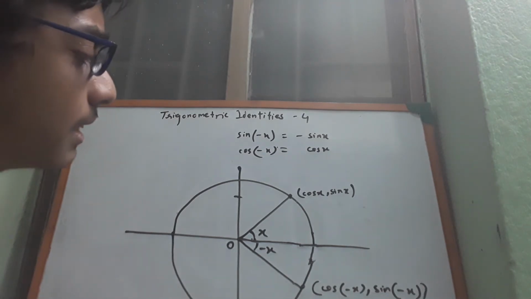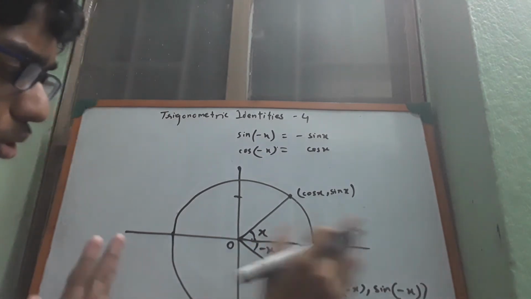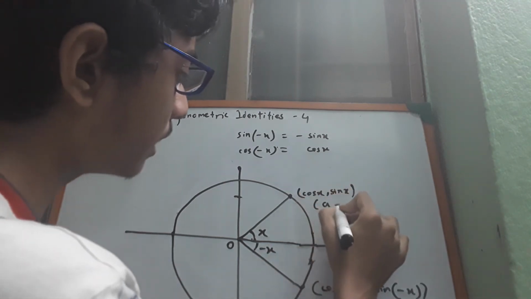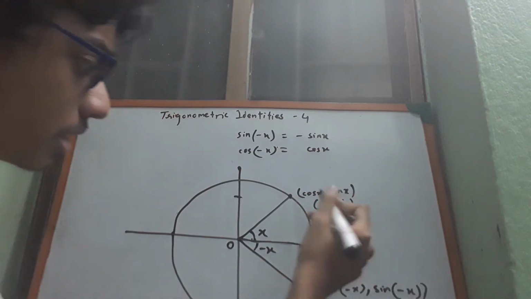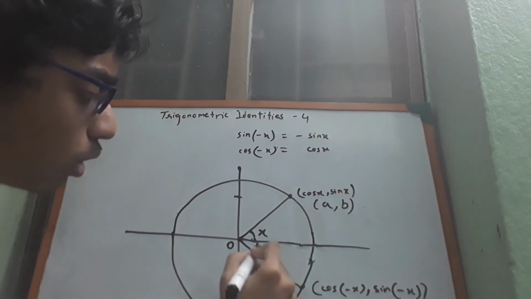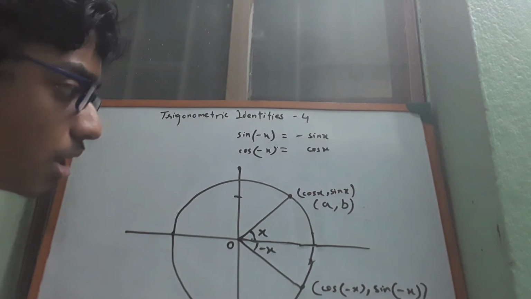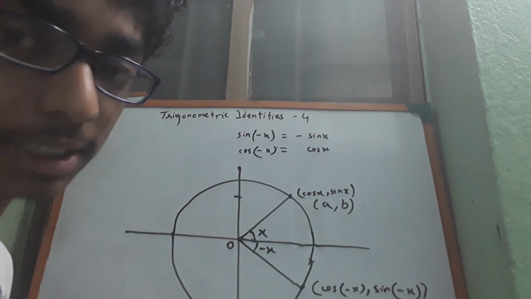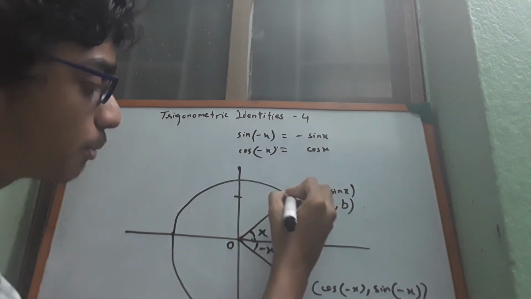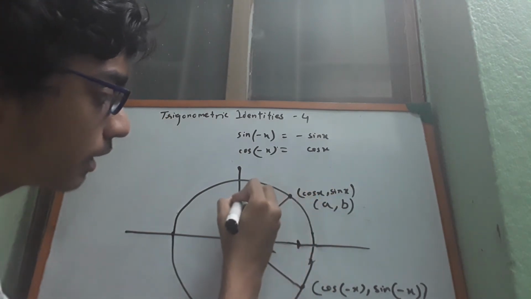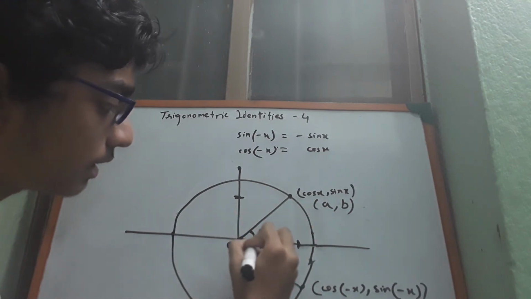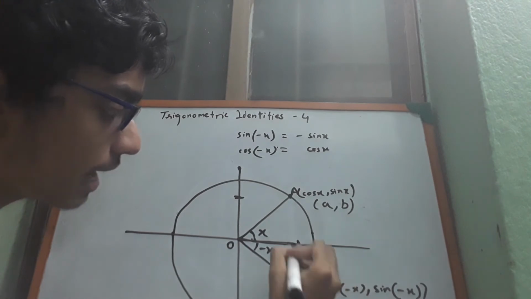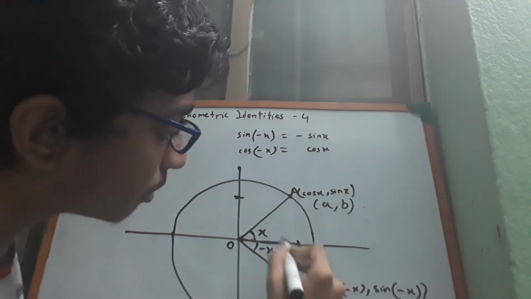So now the point is that one more thing. See, we have come till here. That's all right. Now if I also write this in this form, a comma b, okay, in this form. So one more thing is also obvious, that these two angles are equal in magnitude. And even in this case the x coordinate is not changing. That is the thing you should understand. See, for this point the x coordinate is this and the y coordinate is this. So x coordinate is this, right? And for this point also, let this be point A and this be point B. For A, this is the x coordinate. Even for B also, the x coordinate remains the same.